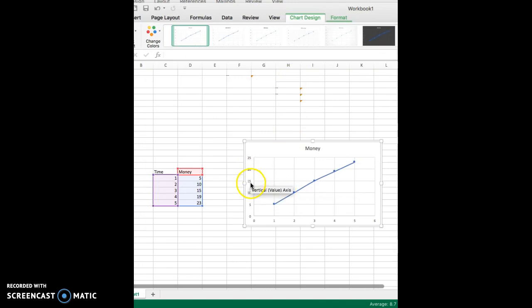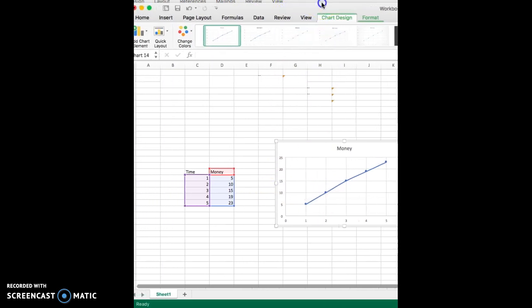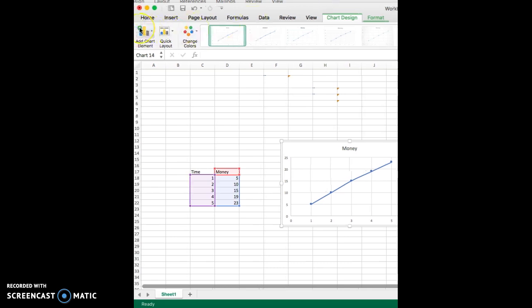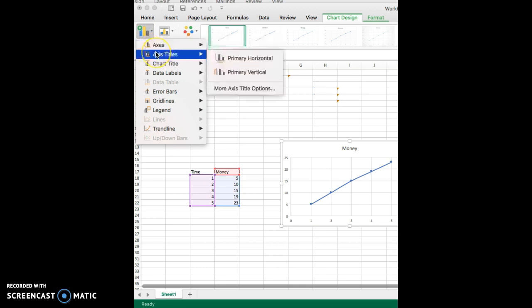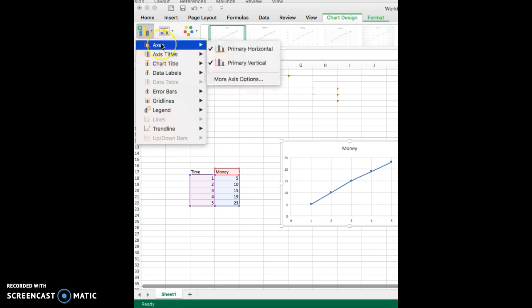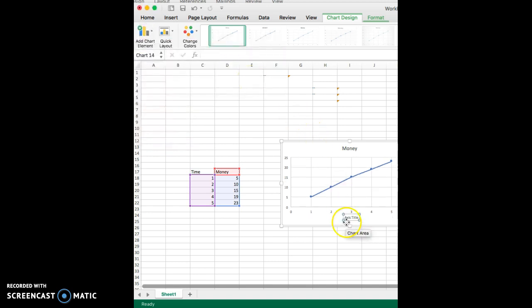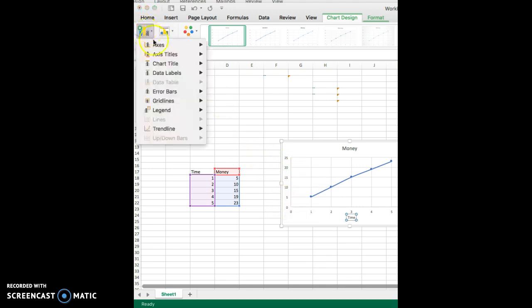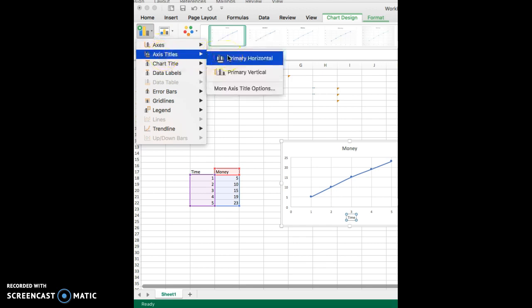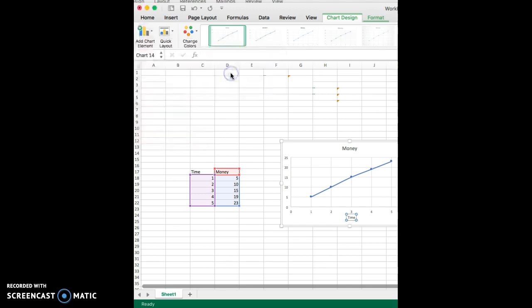But notice that my axes aren't labeled. So what I'm going to do over here is I'm going to add a chart element, and maybe I want to label my axes differently, and I want a title there. So I'm going to click that, and I can now change my axes to time along my x-axis if I wanted to. If I want to add a vertical title to my vertical axis, I can go back to my add elements, and I'm going to add a primary vertical axis title. Depending on your version of